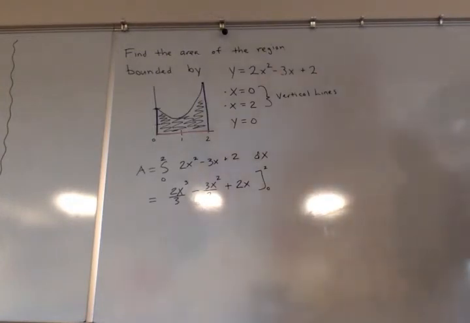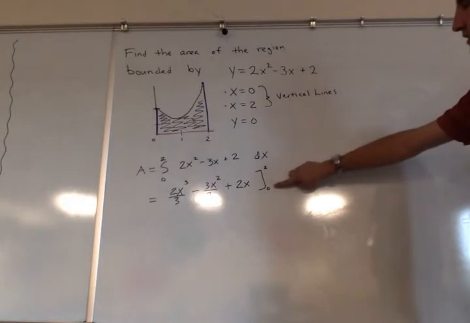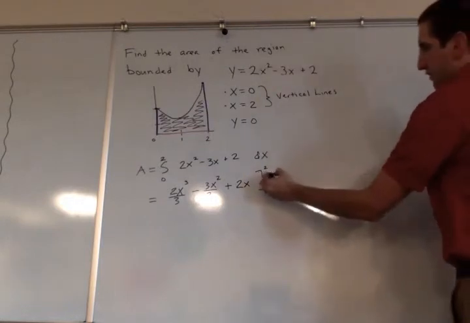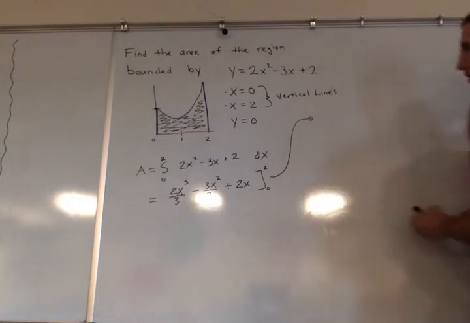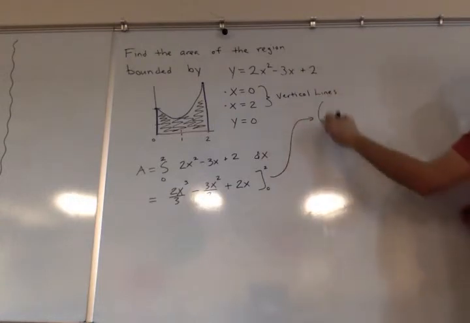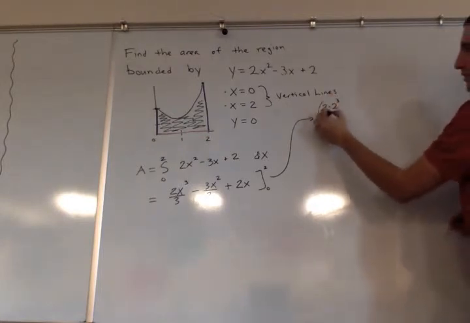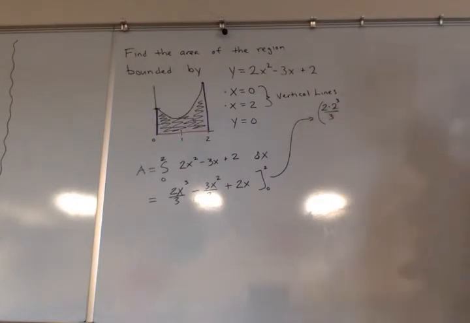Again, like we've been doing, substitute in your upper limit and then your lower limit. I'm going to do this over here so it doesn't get too low on the board. I'm going to use parentheses to do this as well. We'd have 2 times 2 cubed over 3